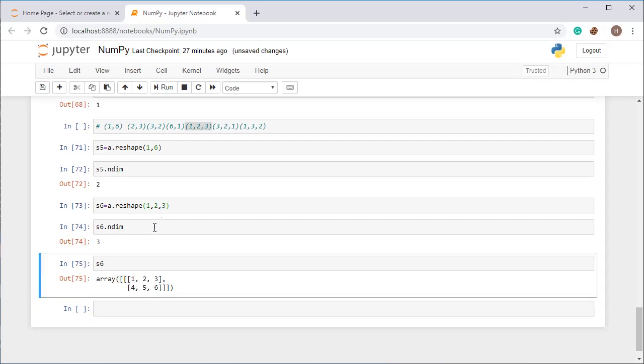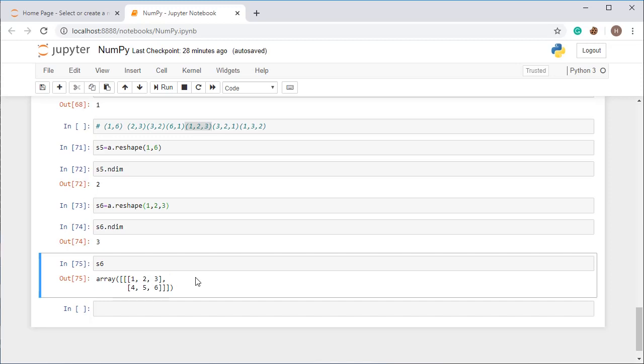There are 3 axes, called 2 rows, 3 columns, and 1 is the outer, meaning 1 in the outer axis, 2 in the inner axis, and 3 in the innermost axis. 3 elements will be in the innermost axis. Let's see. This one is outer, this one is inner, and this one is innermost. So you can see that there are 3 elements in the innermost. In this one, there are 2 elements. This one is the first element, and this one is the second element in the inner section. And in the outer, you can see there is only 1 element. All right. So in this way, transformation is made.